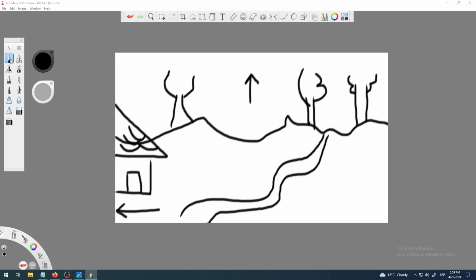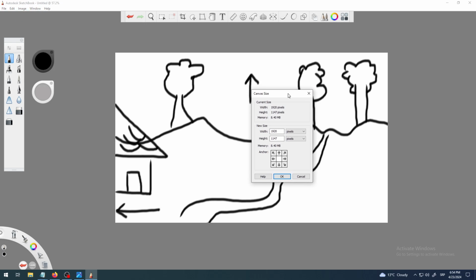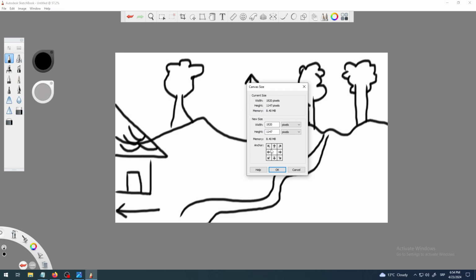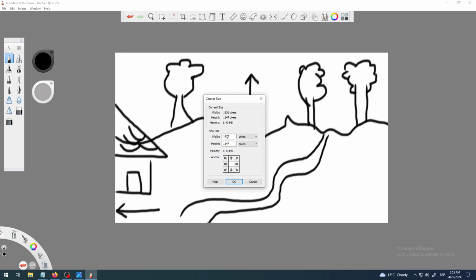So now I can draw my trees. It's ugly, doesn't matter. This is just an example of something not very professional in terms of look, but the whole idea is that you understand that you can change the canvas. Here on my left, I need to draw this house in total, and I would need probably at least, I don't know, maybe even 500 pixels. Let's try with 400. So my current width is 1920,